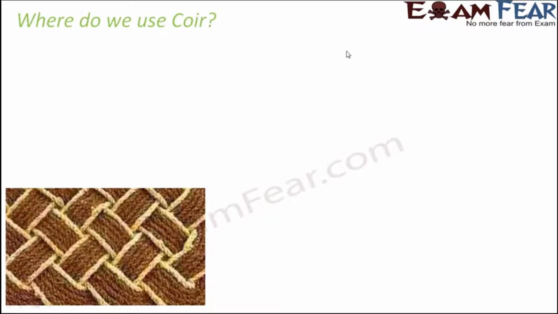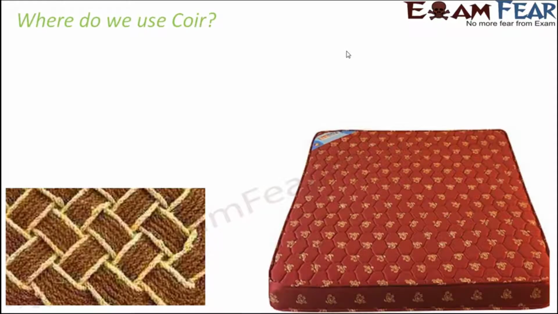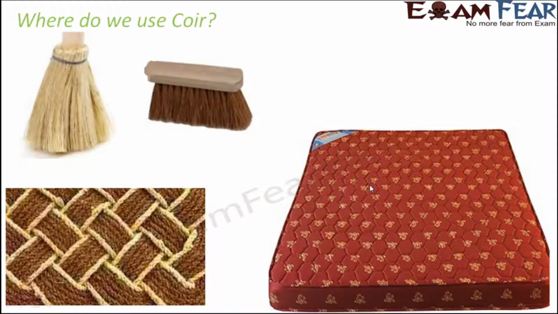It is used in a lot of places like floor mats, door mats. There you can find this coir, and by touching it you can see that it is coir, because it looks rough. The coir mattresses are quite popular because they are comparatively less expensive. When you touch them, you can actually feel the presence of the coconut fibers inside. A lot of brushes are made out of coir, and these are used for brooming places or cleaning certain places.